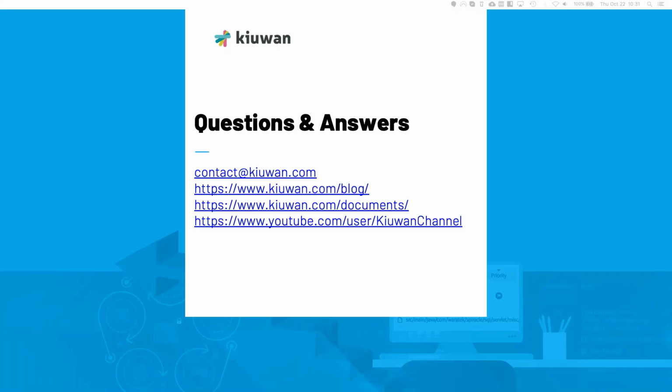So the reporting is handled by Q1. So it doesn't really matter what scan you do or where you start that scan, if you started from Azure or if you started from the Q1 dashboard, the reporting is all the same. And Q1 generates a series of reporting. Depending on what features you have enabled, we have a pre-canned PowerPoint that we can generate. We have PDFs that we generate. Probably more helpful for you would be a CSV or a JSON formatted file that you can download from the